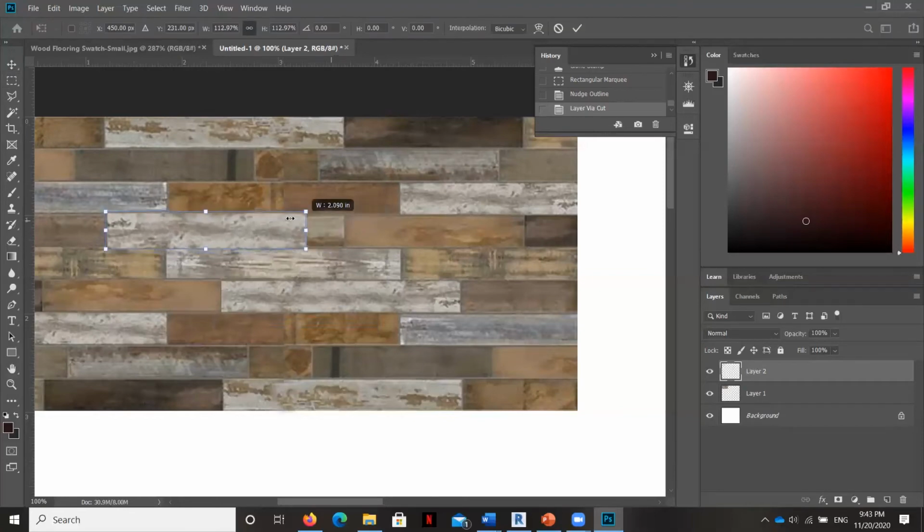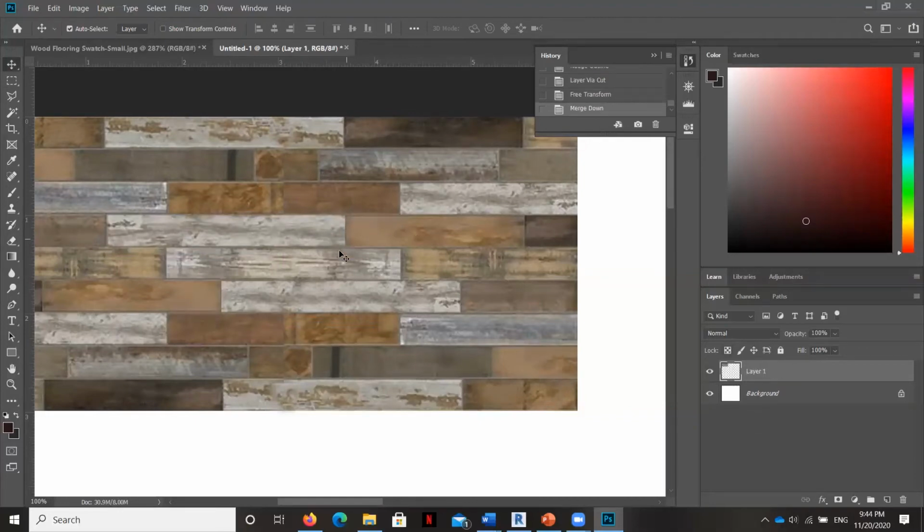Now, if you just grab it like that, it's going to retain the relationship between the length and width. If you don't want that to happen, then if you hold down your shift button, it'll allow you to just stretch it in one direction. Hit enter, there you go. Okay, select that layer, Control E to merge down.